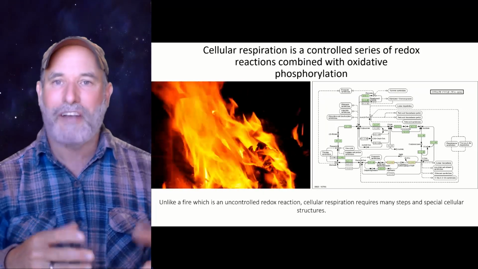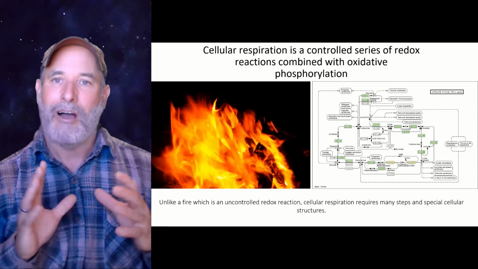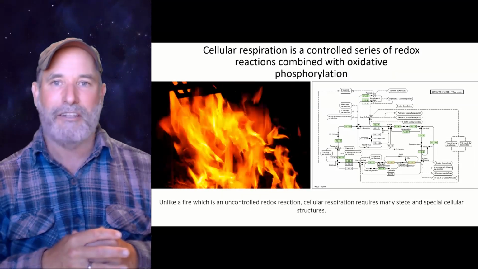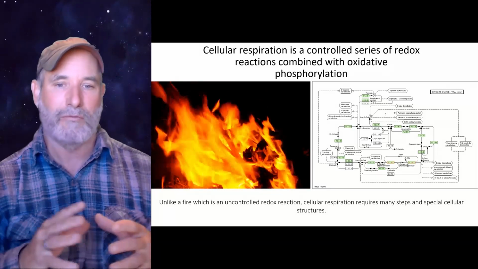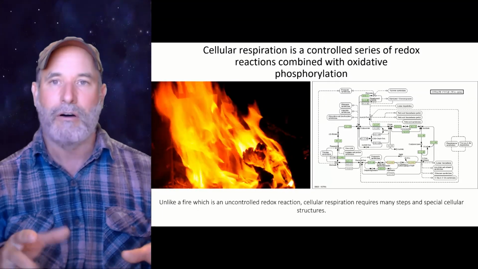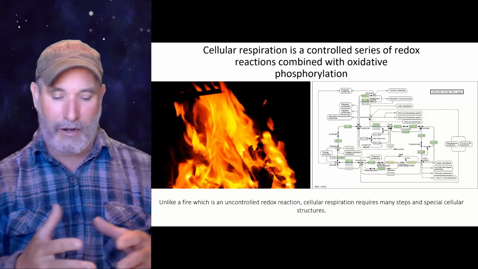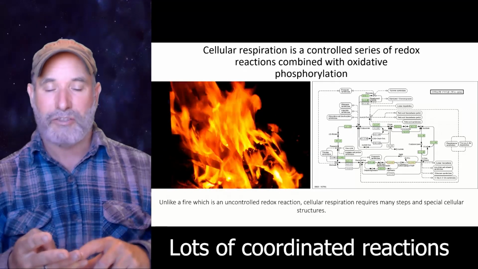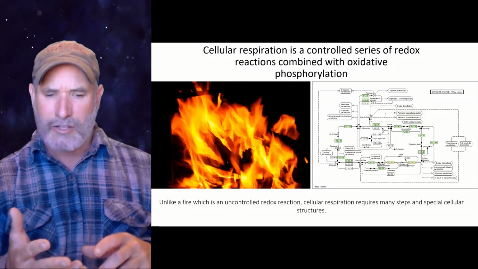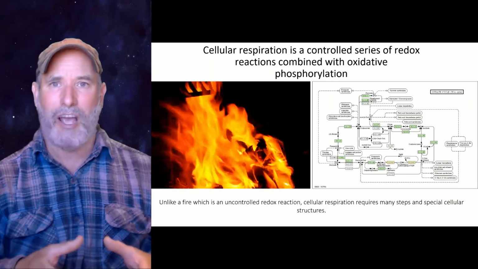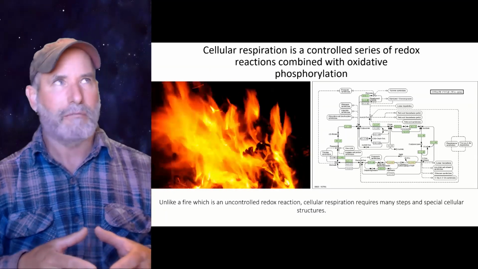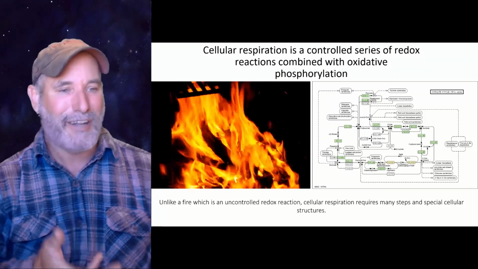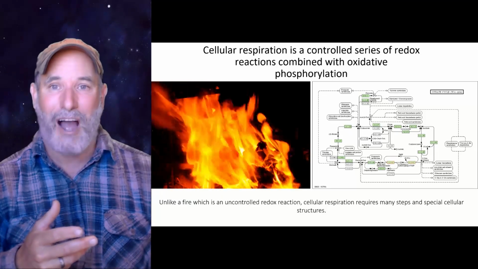And that's important. Now, like a fire that you see here going, that's one of our old campfires. Cellular respiration is a redox reaction, but there's a big difference between a fire and cellular respiration, even though they're both redox reactions. A fire is a spontaneous reaction that's uncontrolled. There's no enzymes going on with it. It's just going to go until it runs out of fuel. Whereas cellular respiration requires glycolysis, pyruvate oxidation, the Krebs cycle, and then also special structures for the oxidative phosphorylation. So there's almost 18 chemical steps involved with cellular respiration. There might be even more than that, actually. So yeah, cellular respiration is quite complicated, unlike our fire here, but they are both redox reactions.